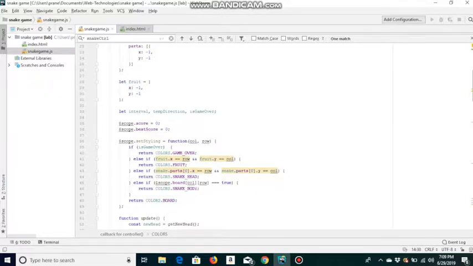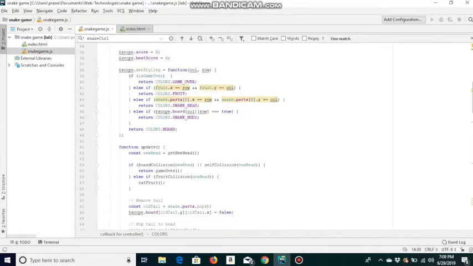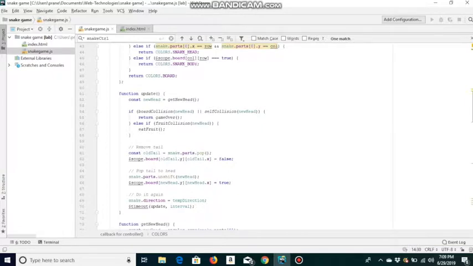And here I'm giving the set styling function for the snake head, snake body, fruit, and the game over. And here this is the function for updating. This function explains